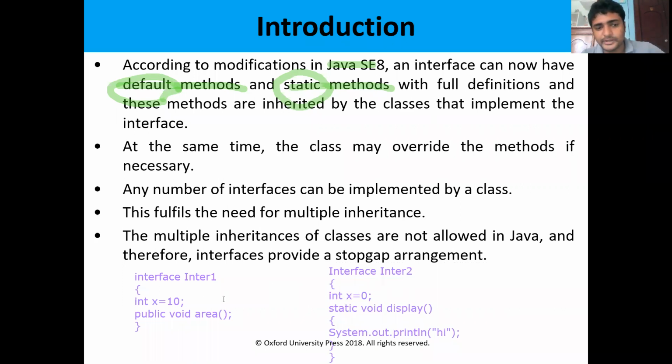So this is the difference between previous versions of interface and the versions after Java SE8. The latest versions support this. An interface may consist of abstract methods as well as default methods and static methods. If you use default and static before the method name, it may have the method definition also.